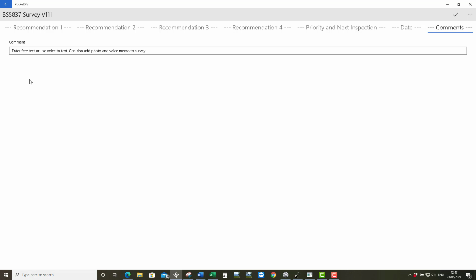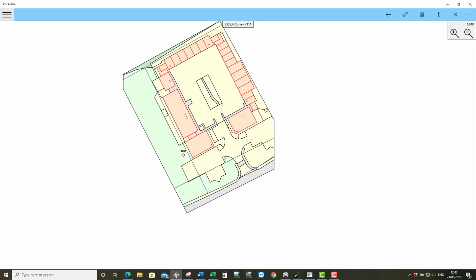You can use voice to text, but you can also modify the survey to add a photo and a voice memo function if you want to. When you've finished, click on tick. That completes the tree survey. So there's our tree. What we would then do is to export